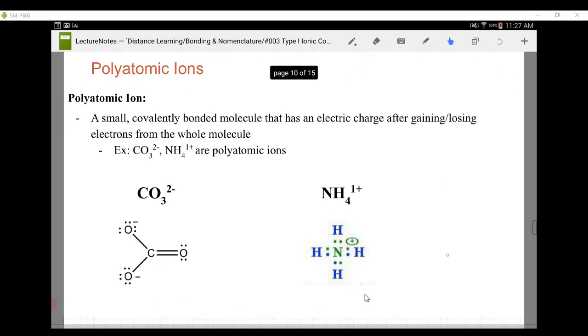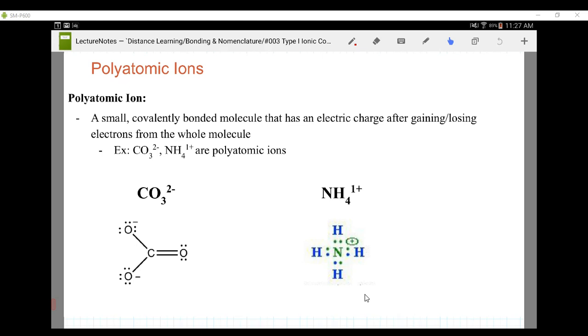We talked about it briefly in the last video, but just to reiterate and go into more detail, a polyatomic ion is a covalently bonded molecule that as an entire group has a charge. Because as a group, it has a strong attraction and it has pulled some electrons from somewhere else, giving it more electrons than it typically would have as a neutral compound. So for example, the two that I used in the last video were CO3 with a -2 charge and NH4